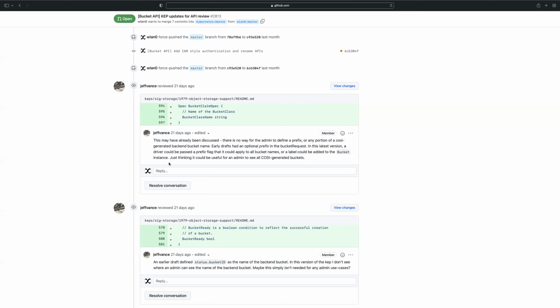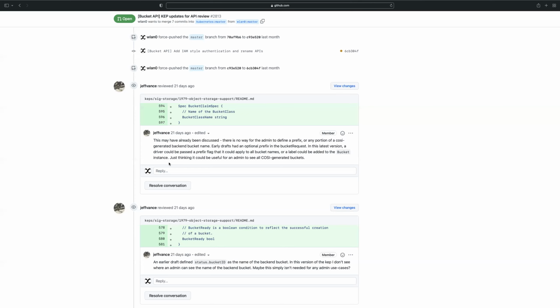And so there's a corner case where one could manually create a bucket in the backend, and then I can specify a Cozy bucket in a brownfield use case. Maybe the conversation has evolved a little bit; there were a couple of months of meetings I wasn't able to attend. Then you could say, oh, I want to create a bucket for this manual bucket that exists, and the backend is like, well, this bucket already exists, so I don't need to do anything.